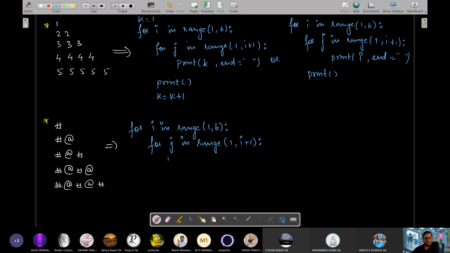So we'll write here, if j mod 2 double equals to 2, if it is even. See, here at 2, all this is 2, this is 4, and all hash is at 1, 3 or 5. Okay, if j is odd, not equal to 0, then the thing that you are going to print will be